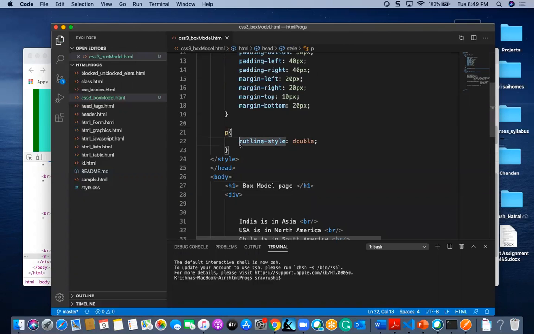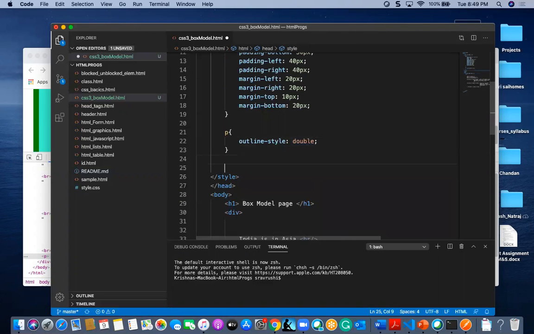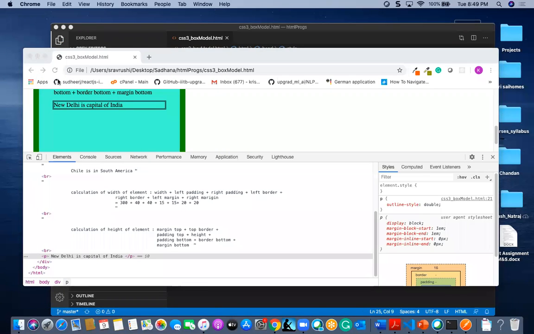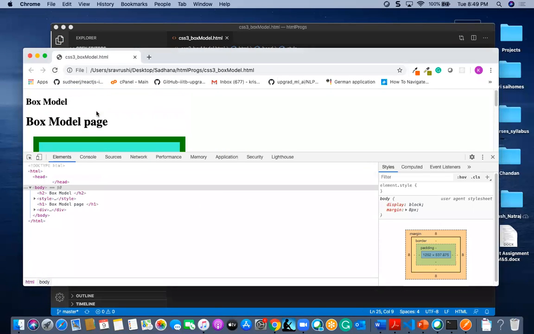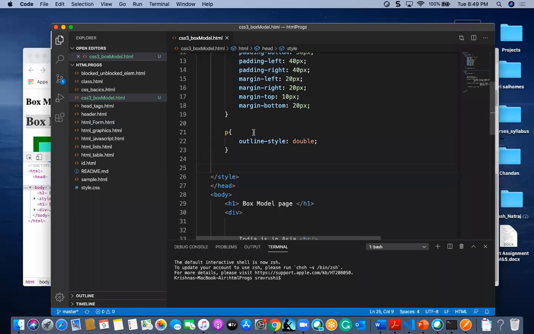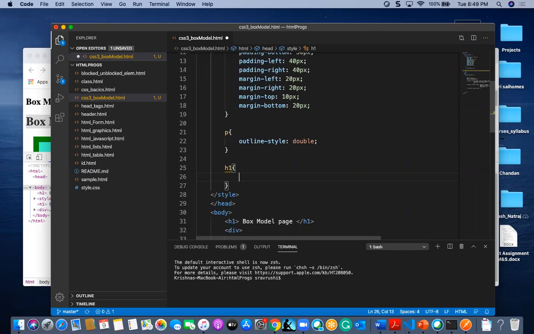If I want to mention the font color, in general, if you see, the value of this will be box model page outside. The default is black color. The font will be black.